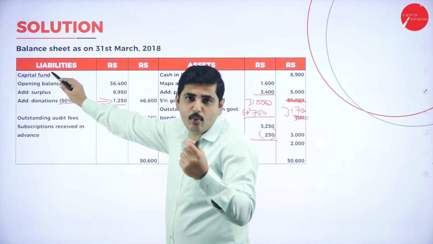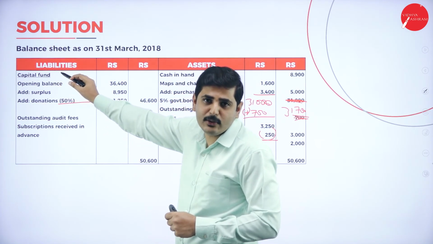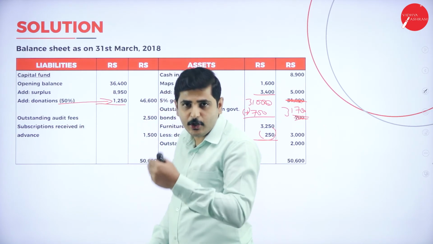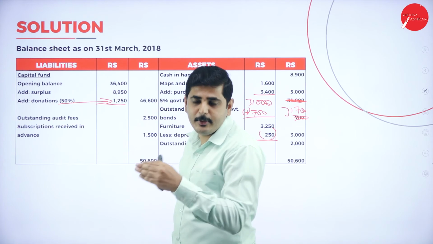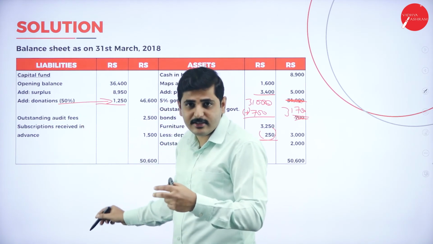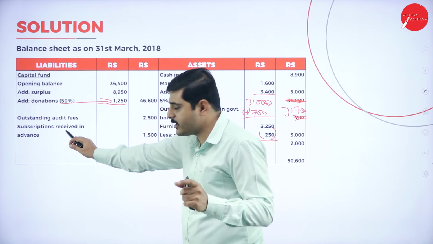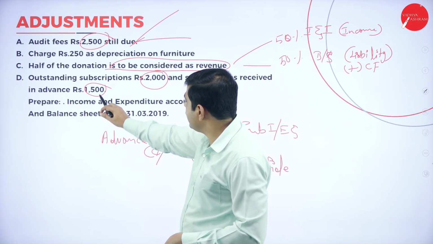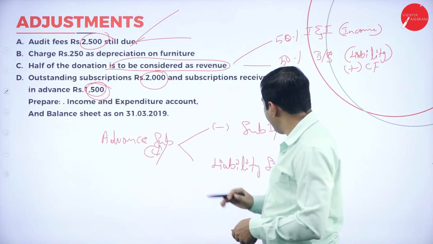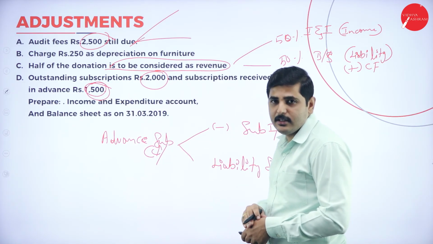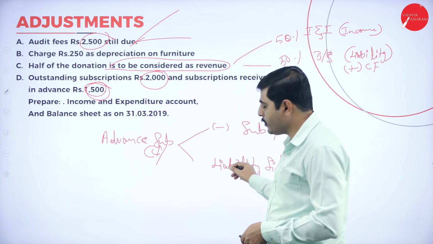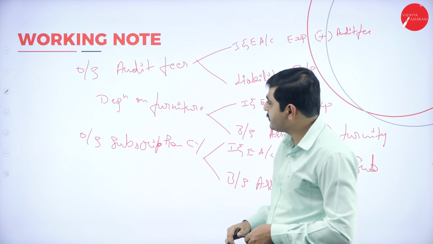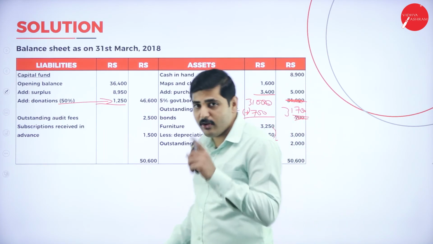Capital fund is the owner's money, which belongs to another person. Next one, audit fees. We have to pay audit fees to the auditor; it belongs to other money. It is an expense. Subscription received in advance: we cannot use this amount, as already given in the adjustment. So we deduct the subscription received in advance for the current year and show it on the liability side of the balance sheet, because we consider it others' money. Always keep this in mind.